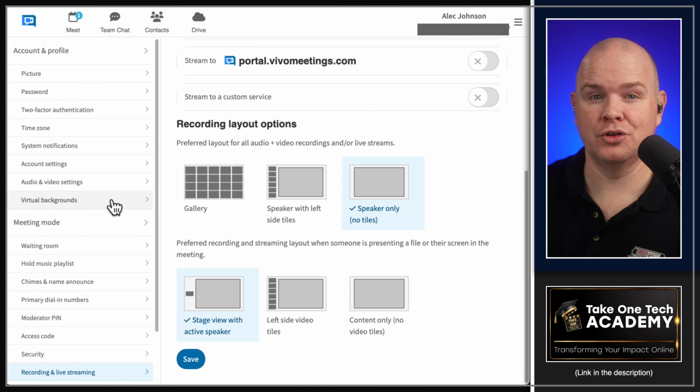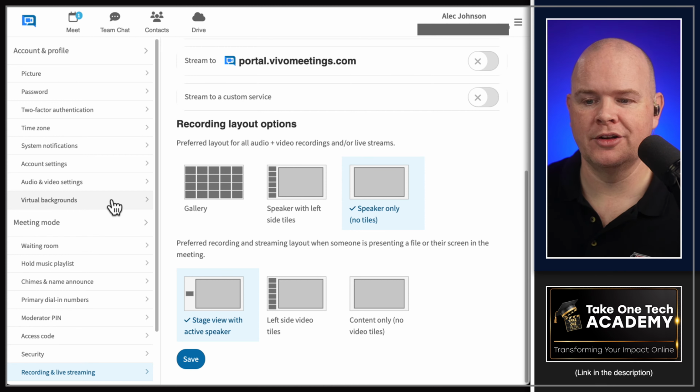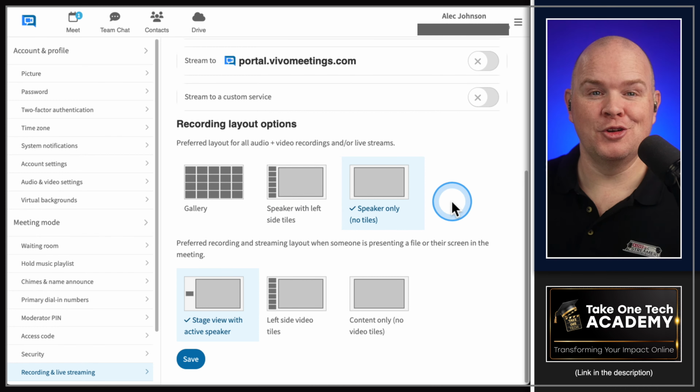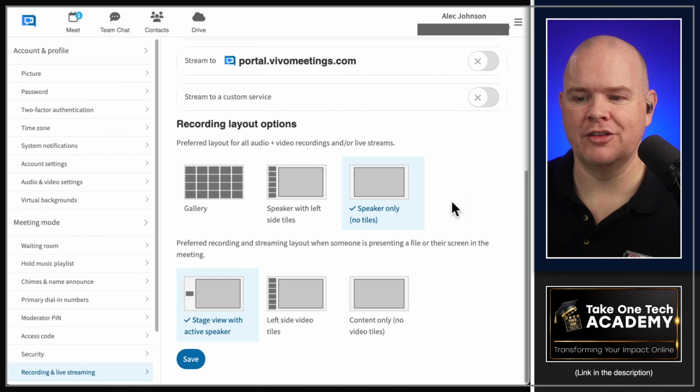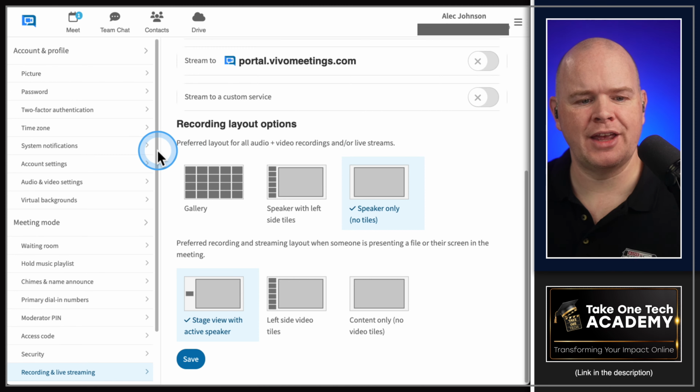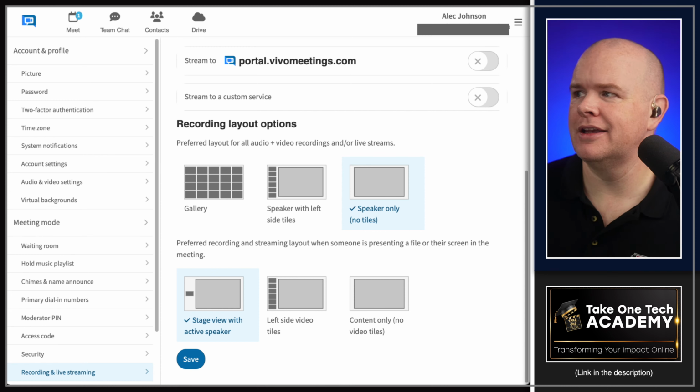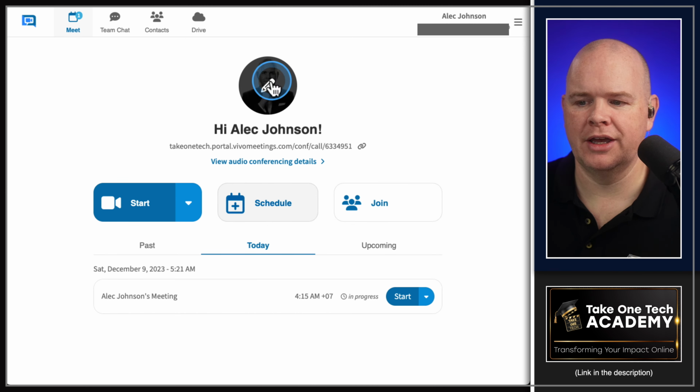There is obviously still a place for Zoom for certain things as well, so it's not to dismiss Zoom entirely. However, I just think that for a lot of people, this might be all that they are looking for. So with that said, let's just take a look at the scheduling once again, because this is another thing